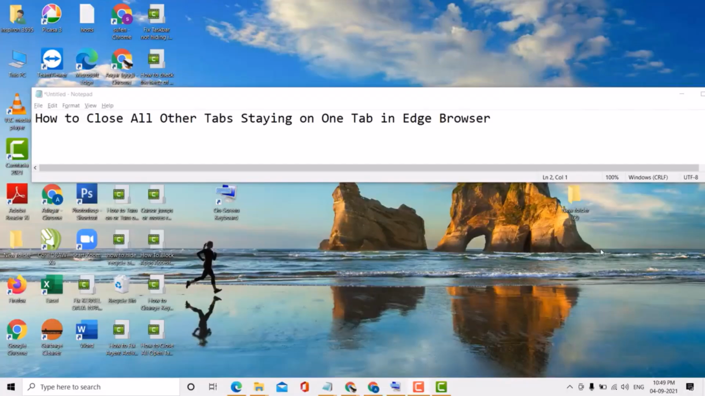Hello guys, today in this video I'm going to show you how to close all other tabs staying on one tab in Edge browser. So guys, if you want to close all other tabs staying on one tab in Edge browser, so very easy. Firstly open